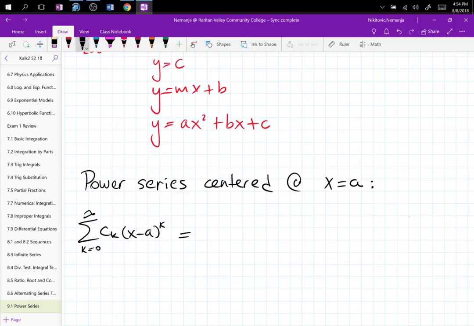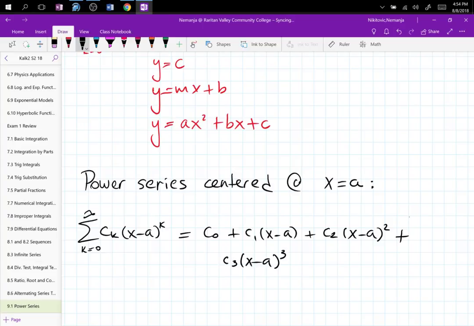If you write this out, you get c0 plus c1 (x minus a) plus c2 (x minus a) squared plus c3 (x minus a) cubed plus ... going on forever. Now this is the one that I want to box,